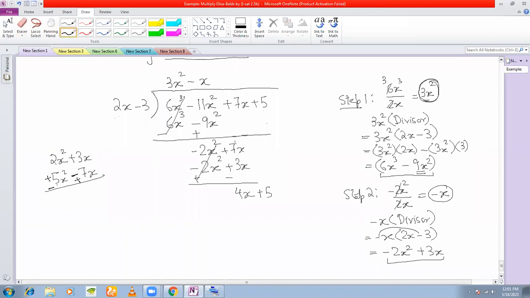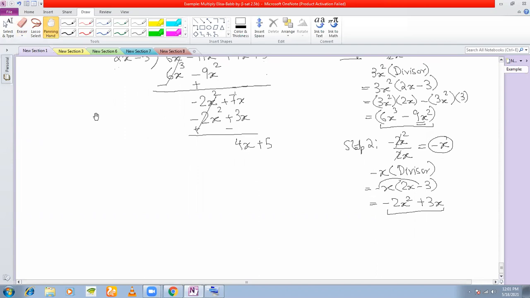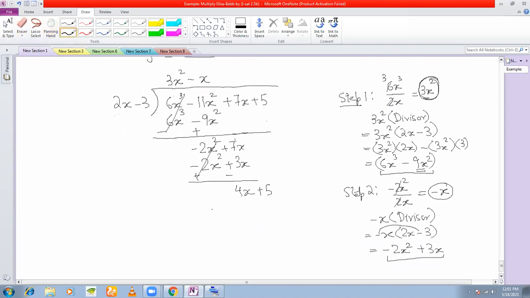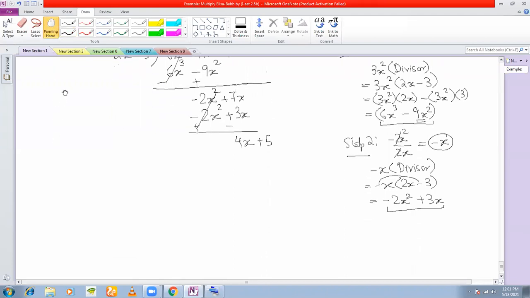And then you have 2 minus 5 here. So this becomes minus 3x square. And you have plus 3 plus 7, which becomes 10x. Now is it clear? Yes, sir. So we are subtracting here. So now we are getting 4x plus 5. Now let's see the leading terms once again. My step 2 is over. Now we come to step 3.